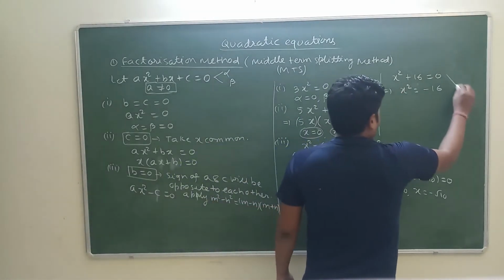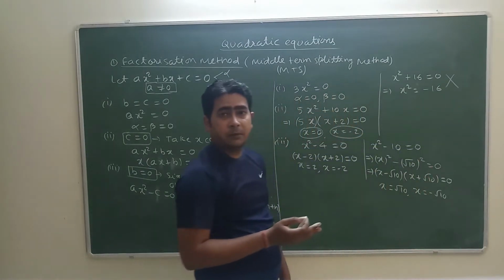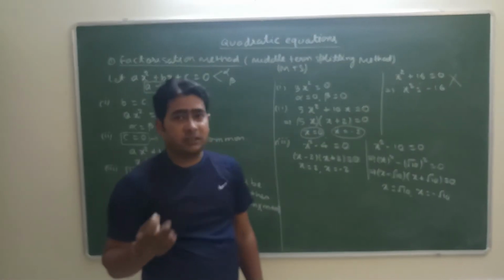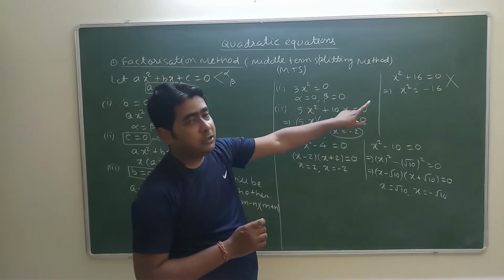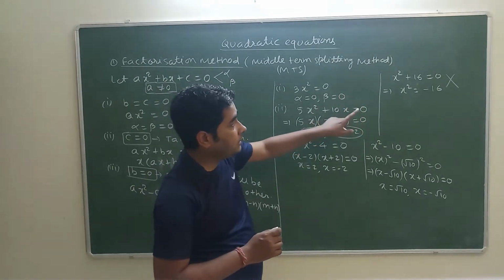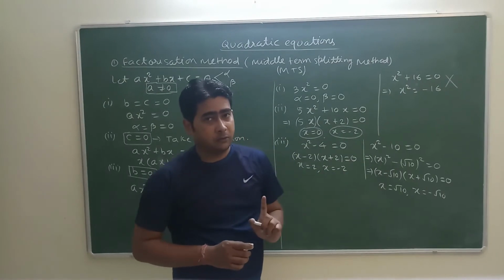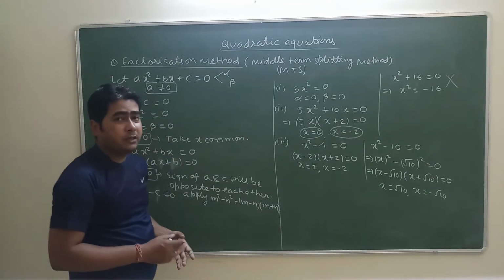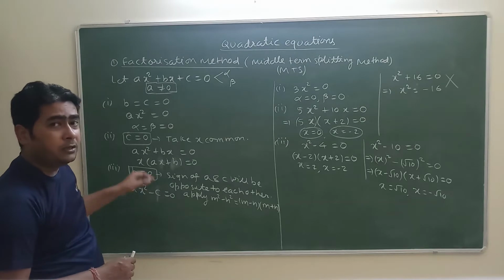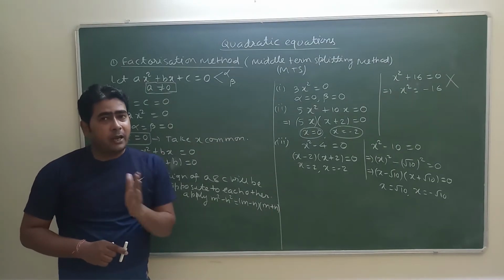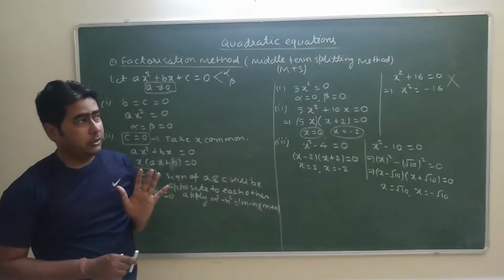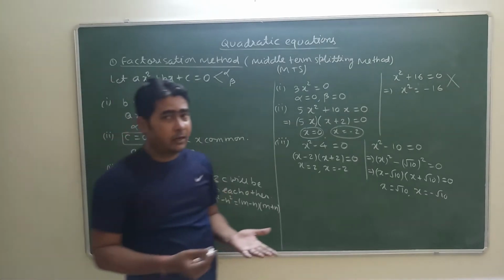So this type of question will not come in the class 10 syllabus, because it is in class 11. We will learn a chapter on complex numbers in class 11. In that we will deal with these situations also. But for class 10, these questions are not in your syllabus. Therefore, it is compulsory that whenever there is b equal to 0, or there is no x term in the equation, the signs of a and c will always be opposite to each other. Both can't be positive and both can't be negative.